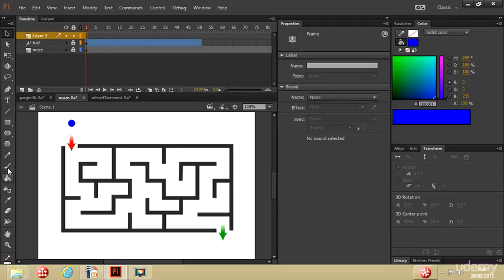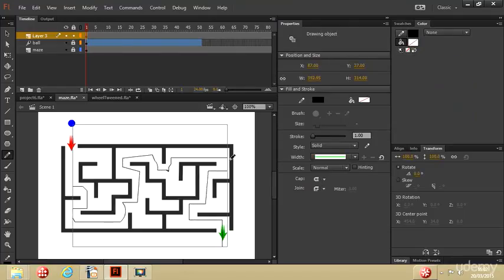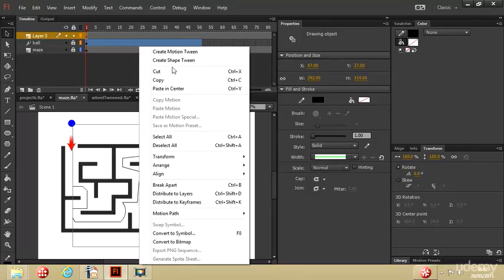And I'm going to use the pencil tool to draw a path through the maze. So I'll just do that. I'll start here. And I'm going to turn this path that I'm drawing into the motion path for the wall. So I've got a path that I've drawn, that's just in a pencil, so at the moment it's not a motion path. So I'm going to cut it,